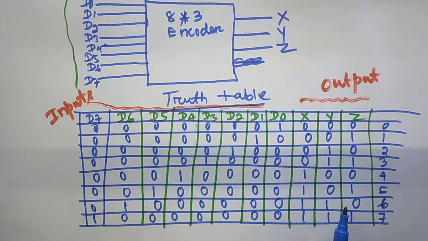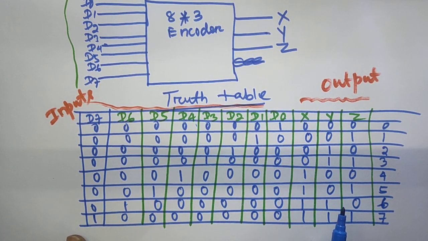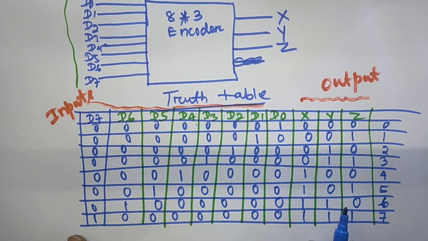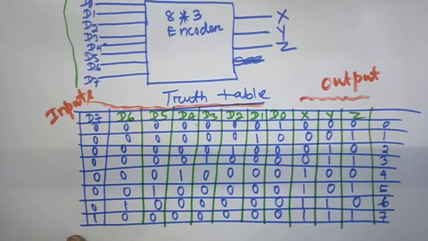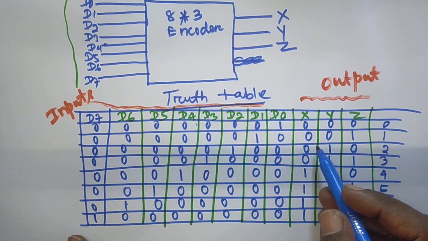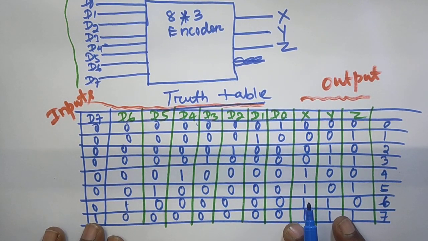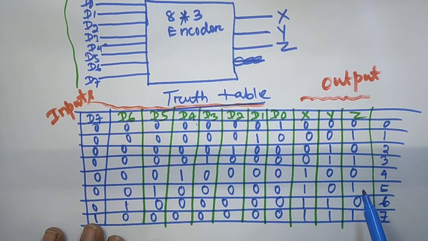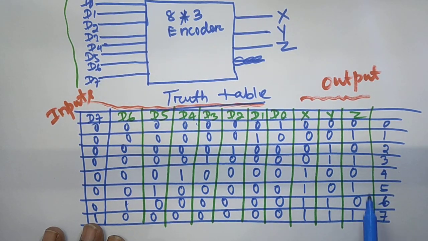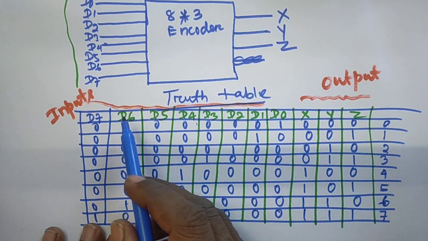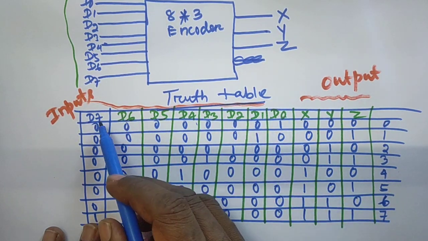as inputs, where X, Y, Z are considered as outputs. Whenever we consider these outputs, we can find the binary value of that output, that is 0, 0, 0, 0, 0, 1, 0, 1, 0, or like this. That is a decimal number we consider. Through this output we can get the values 0, 1, 2, 3, 4, 5, 6, 7. 7 values we can get as output, but that will depend on D0 to D7